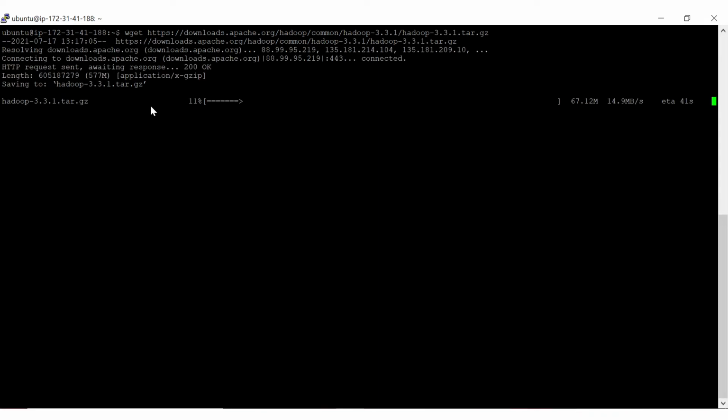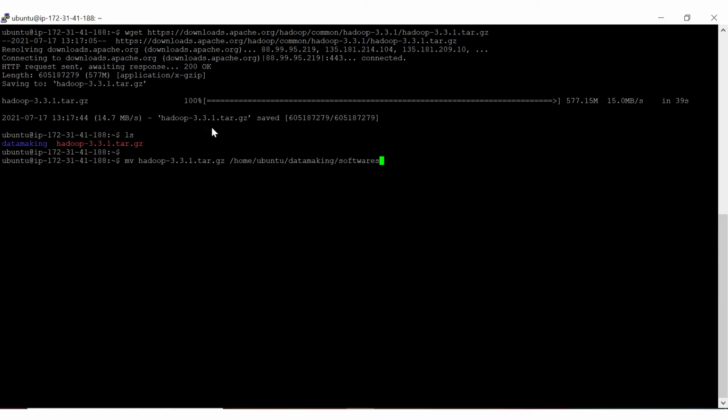It is of size some 577 MB. It will take some time to download, so it is downloading. 100% is completed. If I do ls, I am actually in the home directory, so it is downloaded in the home directory itself. The file name is